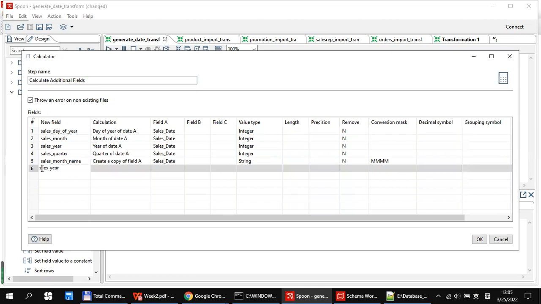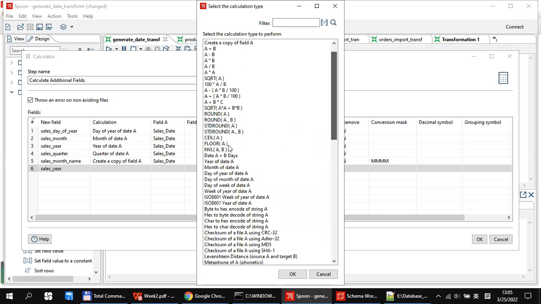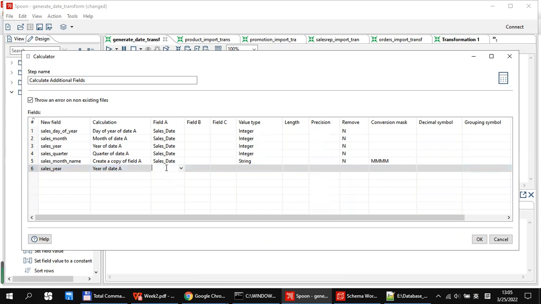So this means we will create a field which is the year of the sales, and in the calculation you can click this and select the year of the date A, and click OK. And the field A, you can select sales date,